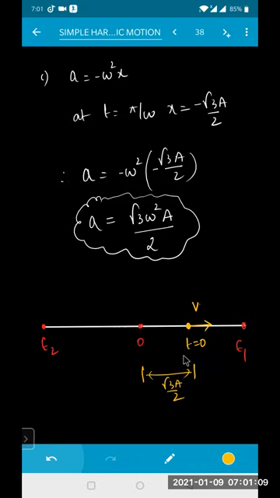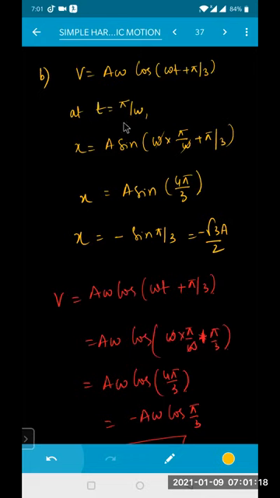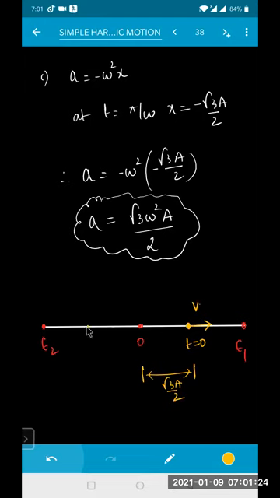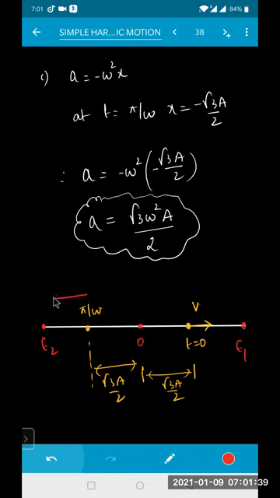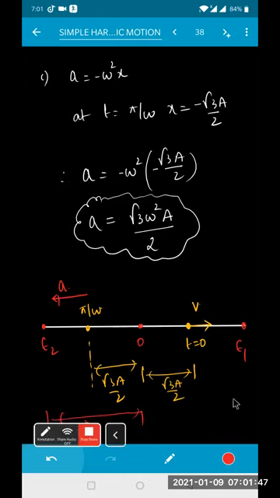Now at t is equal to pi by omega, the displacement is also how much for me? Now see here, at t is equal to pi by omega also, the displacement is minus of root 3 A by 2. Minus means somewhere here, from the mean position. This distance is also equal to root 3 A by 2. At what time? t is equal to pi by omega. And at pi by omega, what is acceleration, beta? Positive only. That means it is still going in this direction. So this will be your acceleration. From here to here, this is known as amplitude A, and from here to here also, this is your amplitude, that is nothing but A.